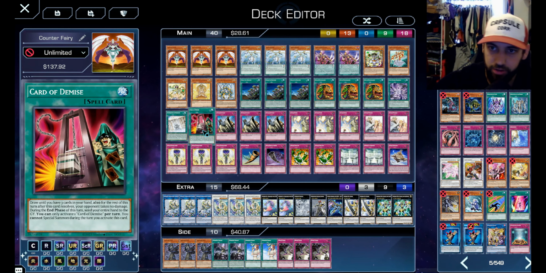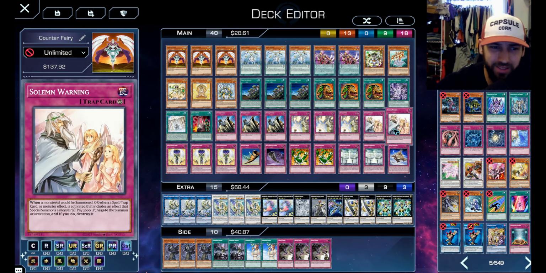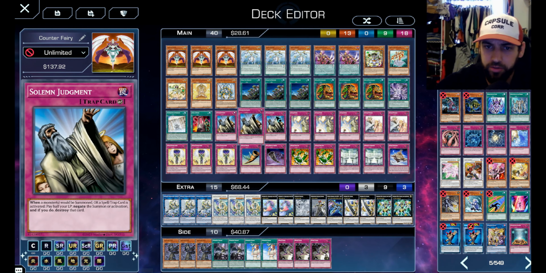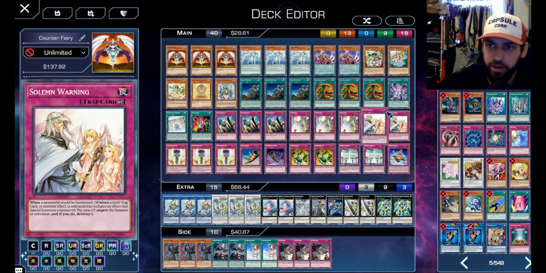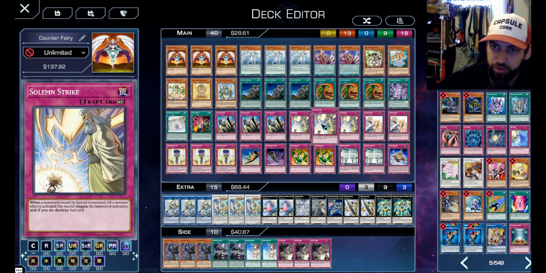You can very easily set your whole hand, draw 3, set the rest of your hand, get your normal summon, whatever it is, and be done with it. Into the counter traps, we've got the Triple Judgment, we got the Triple Strike, and we got the Double Warning. I chose these at 3 and this at 2 just because these two don't negate monster effects. They only negate summons and spell and trap activations, where this one does negate monster effects,